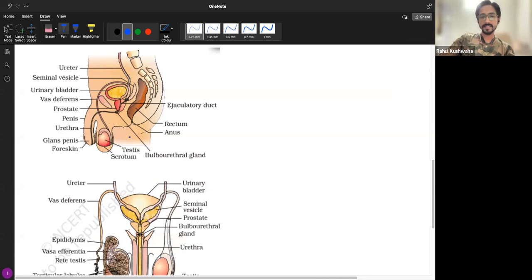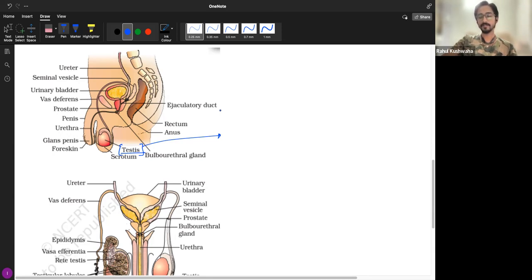Now, we know that testis is the primary sexual organ in males, right? And the interesting fact about testes, which is also a CBSE question, so let's start with this question only. I have here a list of previous year's questions. If you would like to note it down, it's from board papers of previous years. Why are the human testes located outside the abdominal cavity?